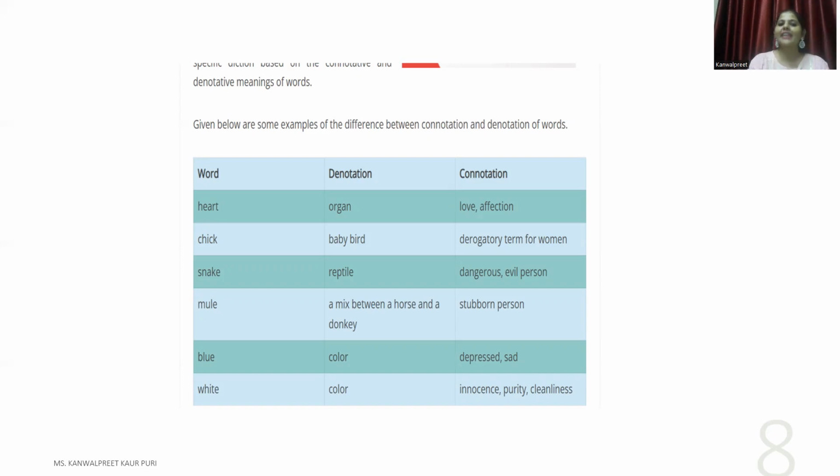So just understand here, the word which has a dictionary meaning becomes a denotation, and where we attach some other meanings it becomes a connotation. Now again an example, blue. Blue is a color as per the dictionary, and here they have given the example that blue can be, we say Monday morning blues, we are so excited about work after the weekend.